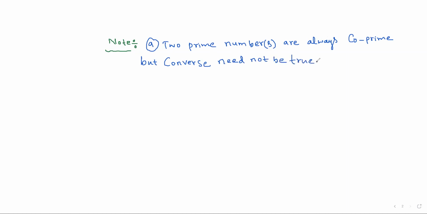The fundamental thing, beta, is that two prime numbers are always co-prime, but the converse need not be true. And the second thing is that